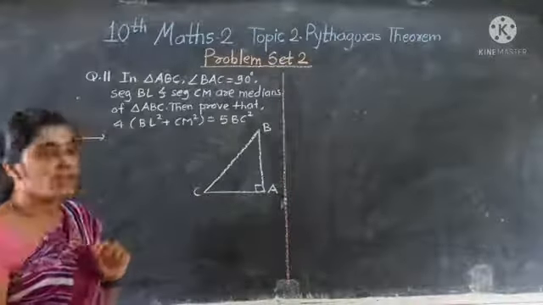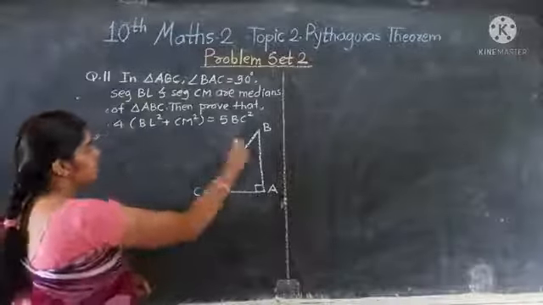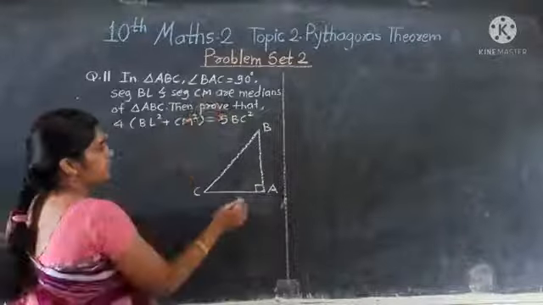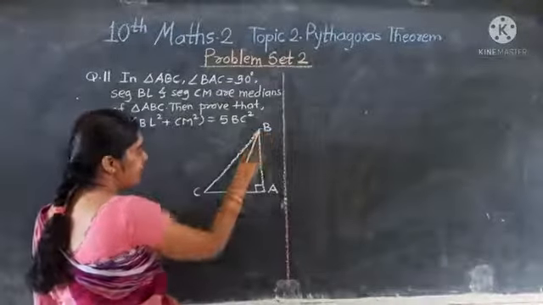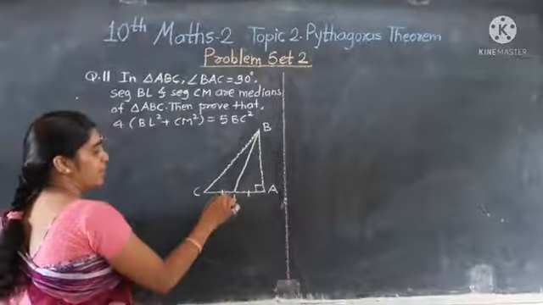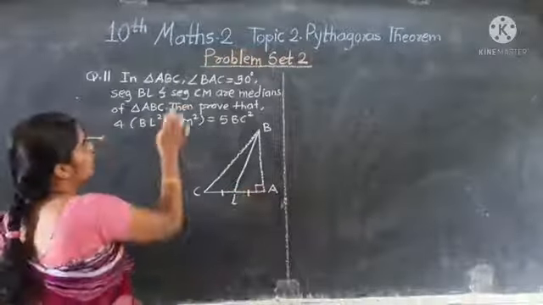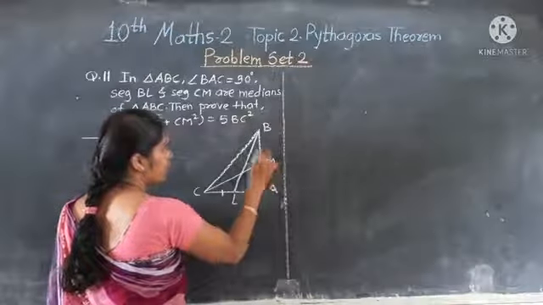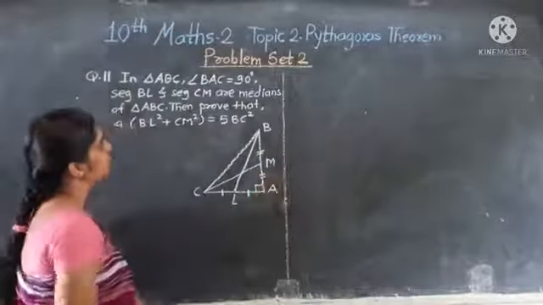So we first draw the figure. Here triangle ABC is drawn. Angle A is given 90 degree. BL and CM are medians. Suppose this is BL, this is the median. Median म्हणजे मध्यगा, दोन समान भाग. And CM is the median that is given. Suppose this is point M. These two are the same. Okay.